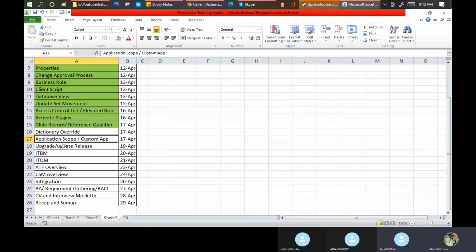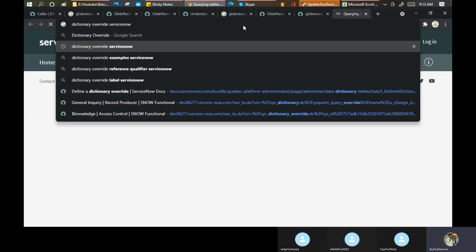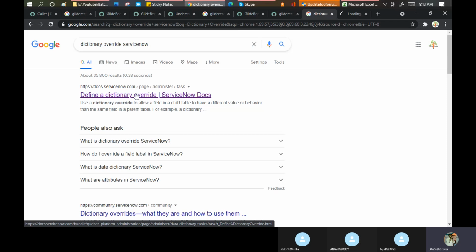Okay. So in ServiceNow, we have this functionality as well. Let me show you, or search something for you quickly. In the meantime, I'll give you the details as well. What dictionary override says, suppose in my, again, this is important from the development perspective, not the consultant perspective. If you know it as a consultant, that's fine. If you don't know, that's still okay.